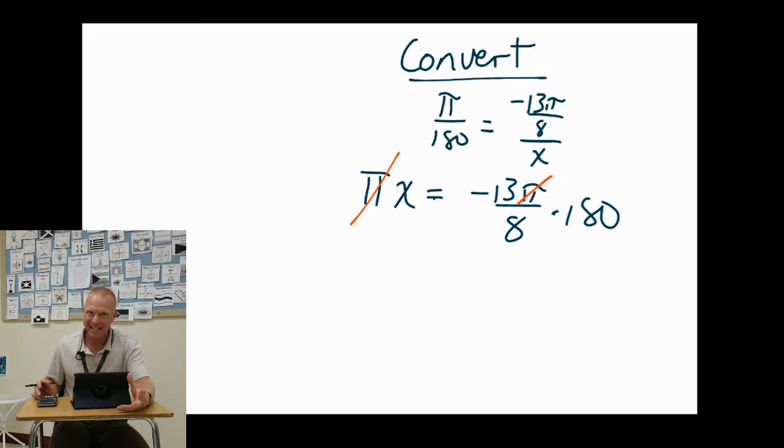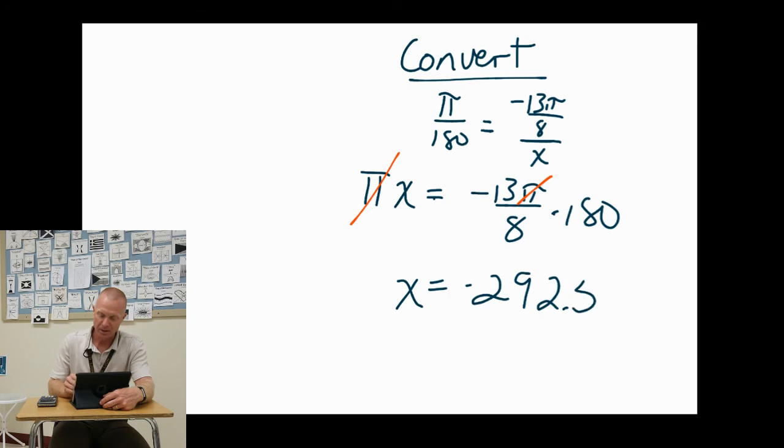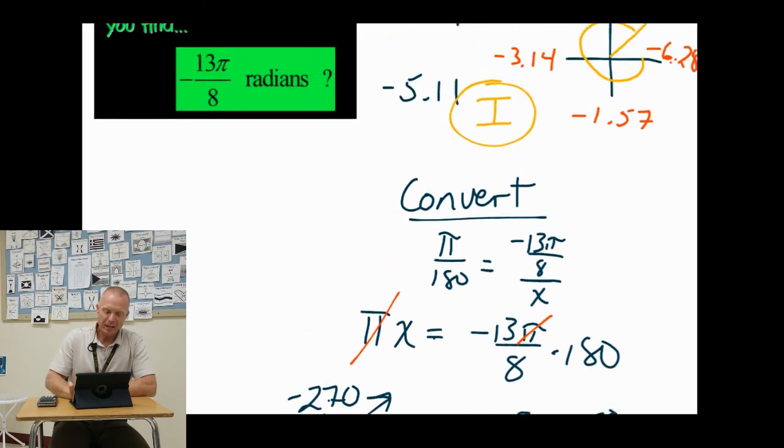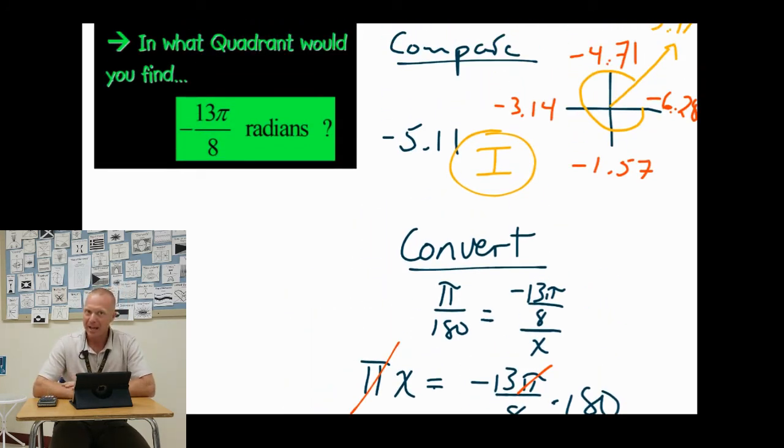And you basically are doing 13/8 of 180. And negative 13/8 times 180 is negative 292 and a half. Now you should know that negative 292 and a half is going to get us to rotate all the way back around to quadrant 1. Okay, just so you can see me draw it, negative 292 is, of course, in the same place. It's past negative 270, but not all the way to negative 360. Okay, so these, so to speak, new radian values still represent angles,